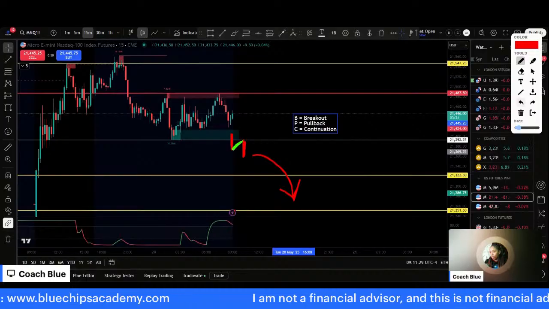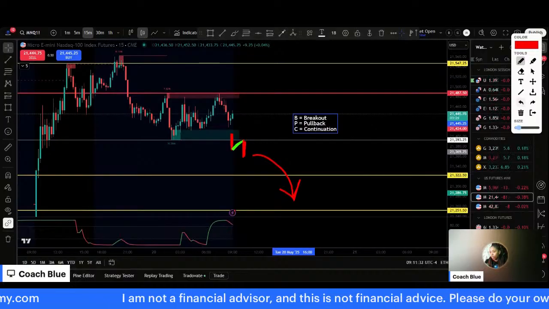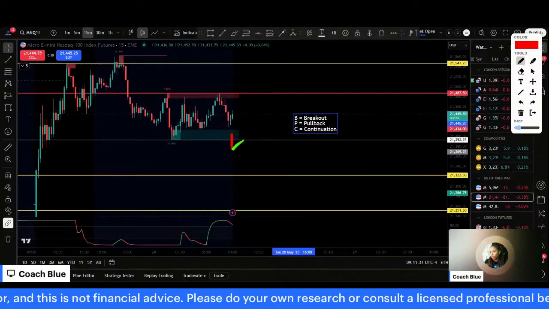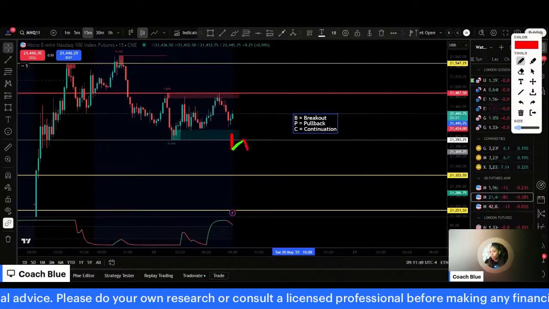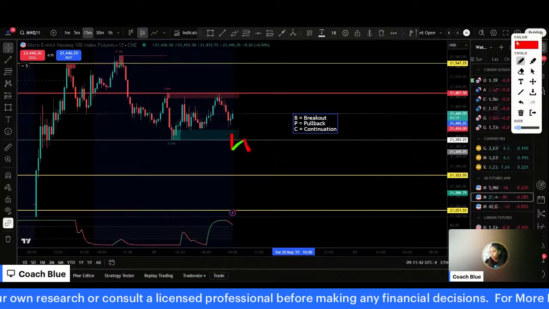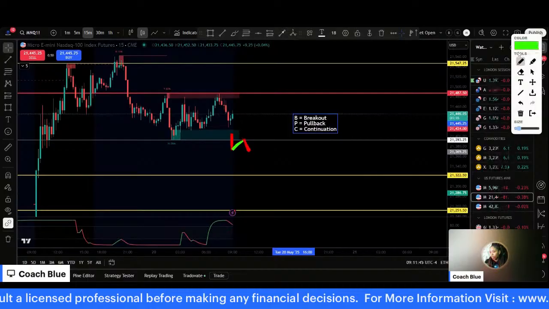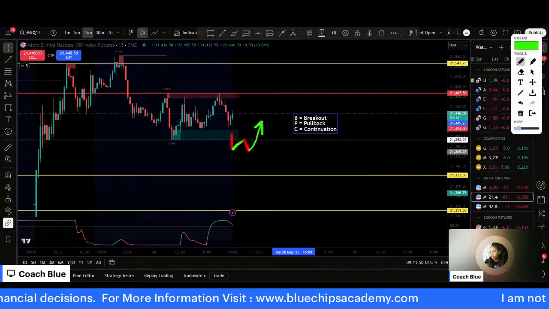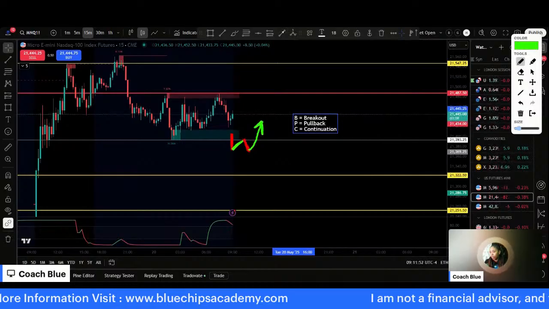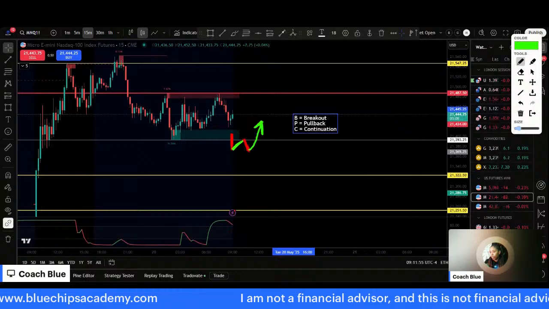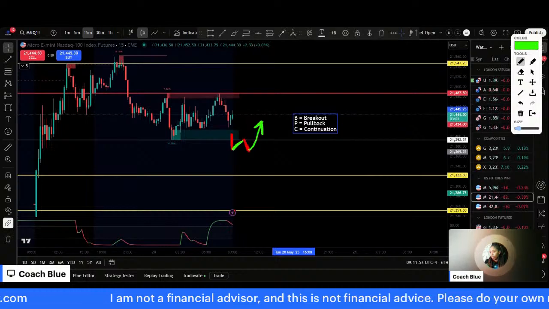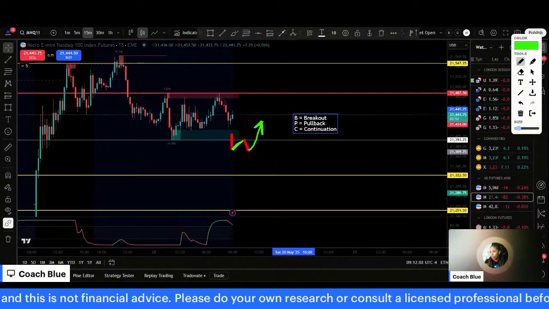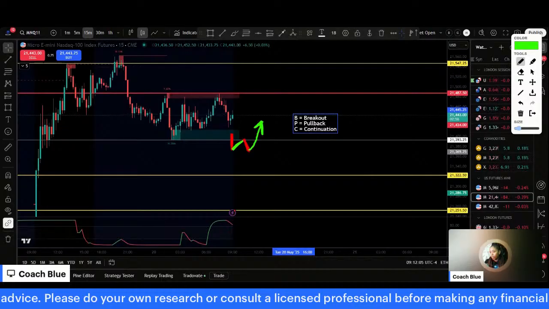Now with a BPC rejection, it would look like a W, so a double bottom. We would come down here, and then price will find support again and move to the upside. So it's coming back into the channel. On the BPC rejection on the low end, we will look for buys, and on the BPC rejection on the top end, we will look for sells. But if it breaks through strong, then we'll follow the direction, right? So on this side it will be a buy, and this side it'll be a sell.